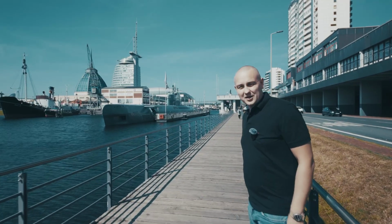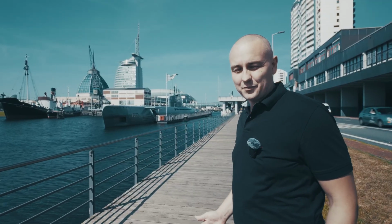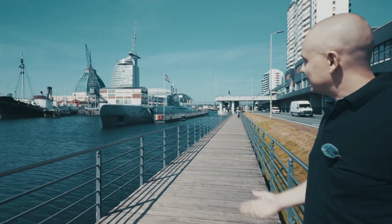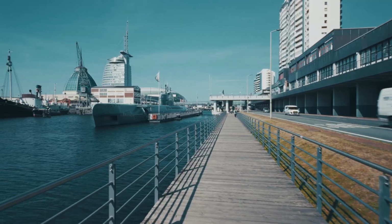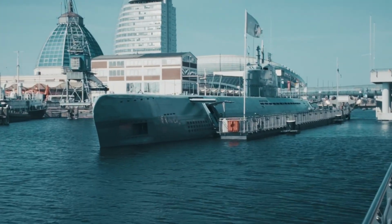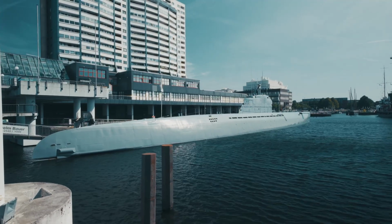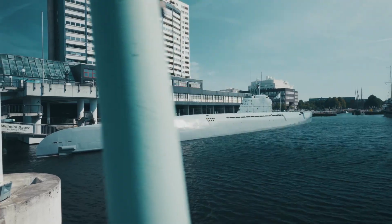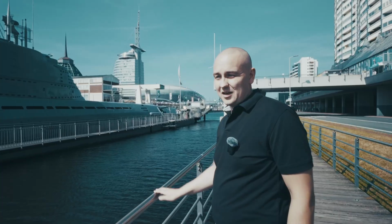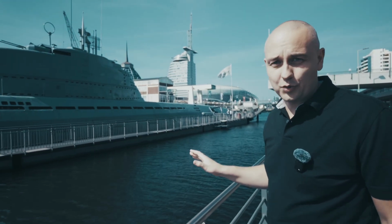So we have finally arrived at a real U-21 submarine, and you can already see from the front there's this torpedo tube. It's open. The original boat had 6 of those tubes. So if you have a look at the submarine, first thing you realize is that it's looking pretty normal, pretty